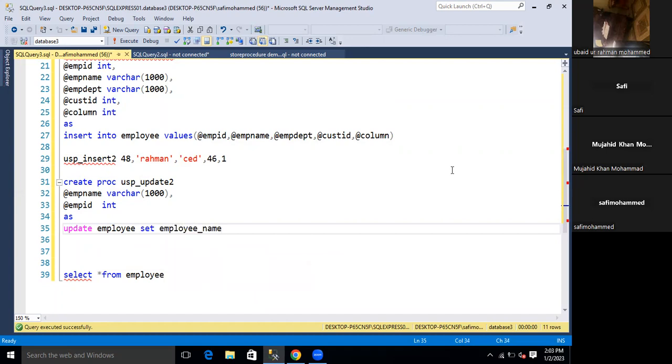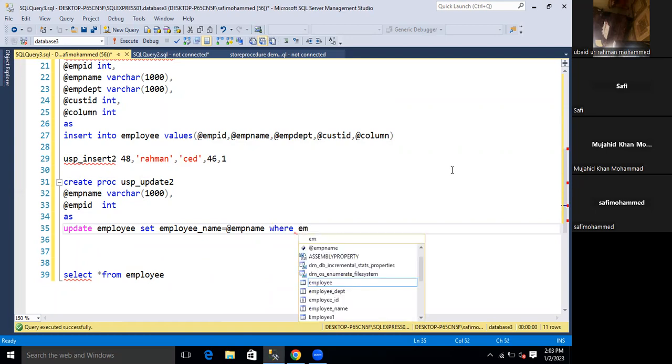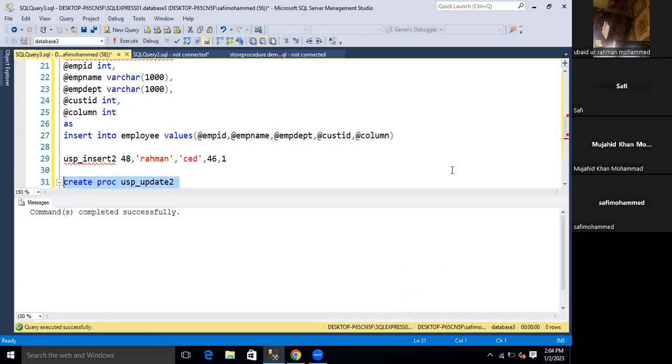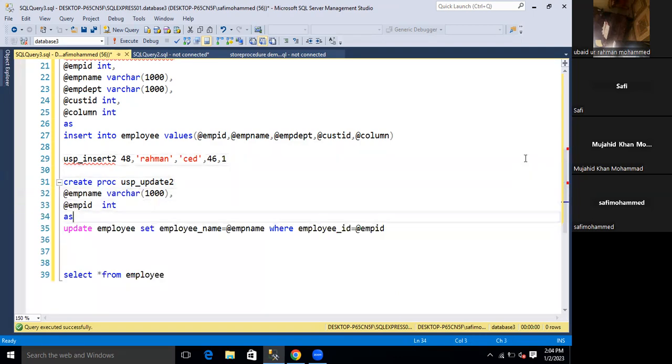You can take name, where condition: where employee ID equal to the parameter which we are passing. Right? You can execute this. Stored procedure is successfully created. We can call this